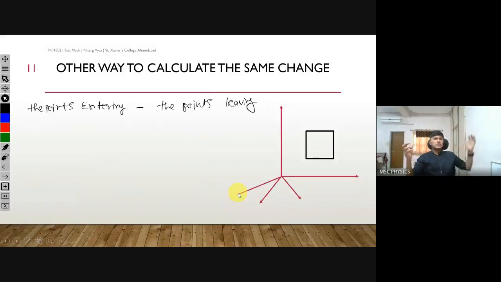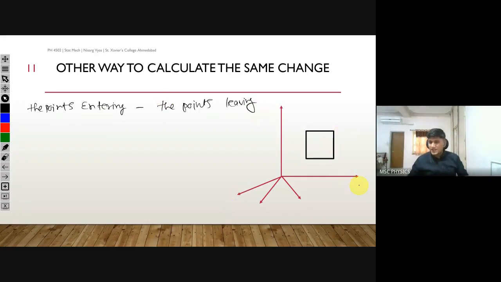But now what you want to do is, the number of photons entering through this side minus the number of photons leaving through this side will give you the number of photons staying inside the room, because all the photons entering from this side will exit from this side. You are taking subtractions, so eventually you are adding all the photons entering and adding all the photons leaving and taking the subtraction between those two. This must give you the number of photons staying inside this room per unit time, if you take everything per unit time. So this is what we really want to do. Okay, so let's do it.